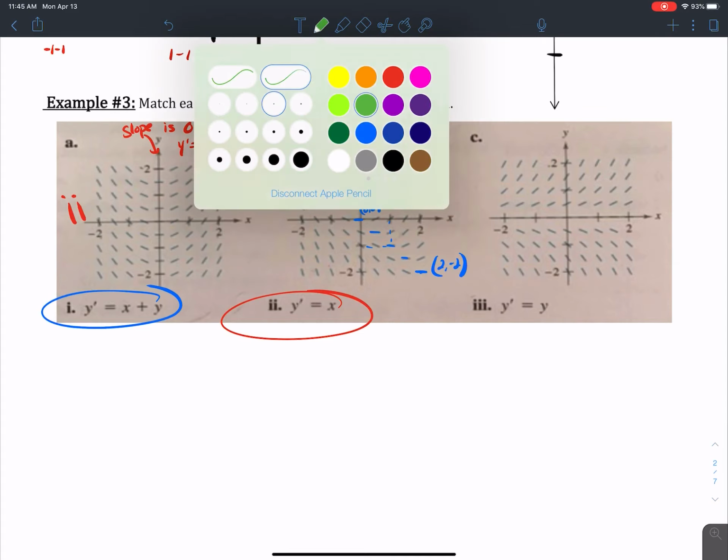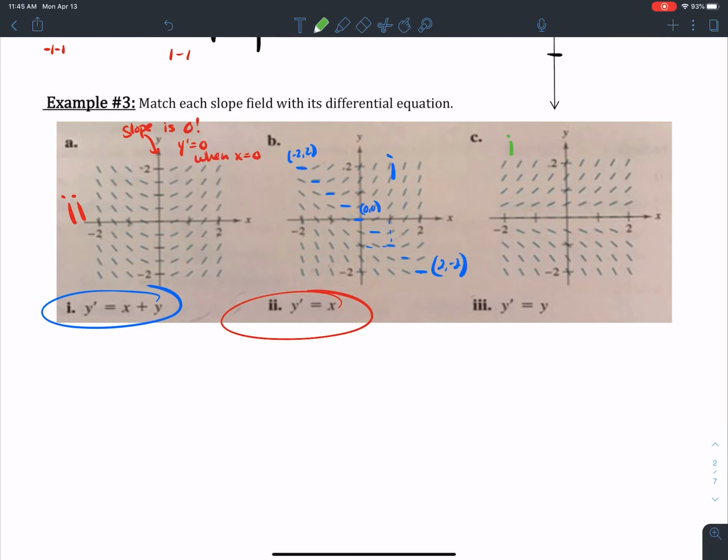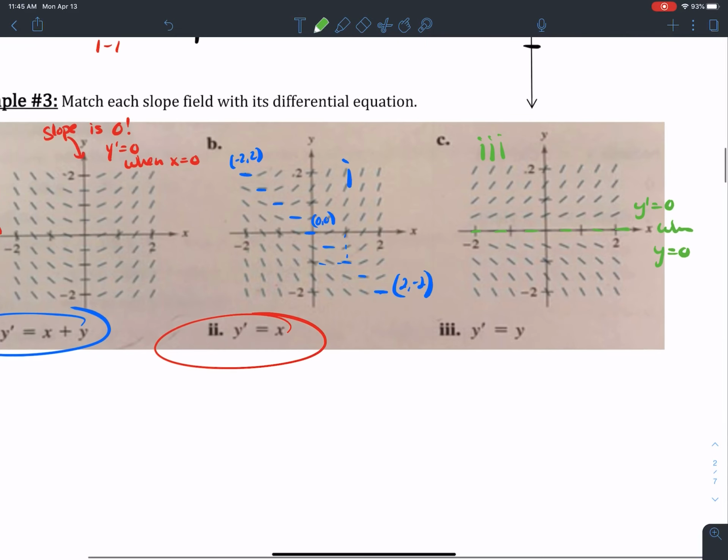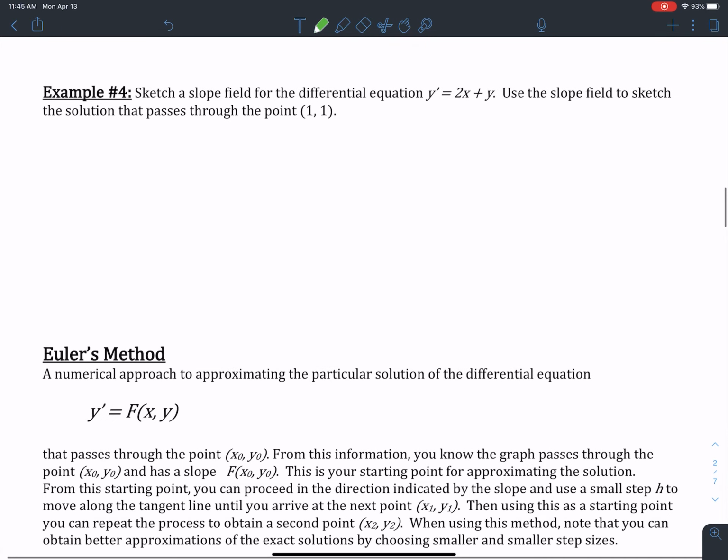So then obviously by elimination, we can see that this must be number 3, but we can see kind of the same idea here. One of the best things to look at here is we can see the slope on the x-axis is 0, so y prime is 0 when y is equal to 0. So in this next example moving forward,